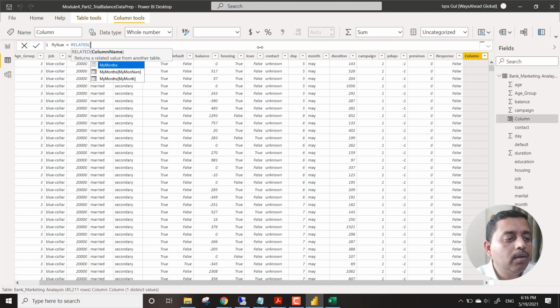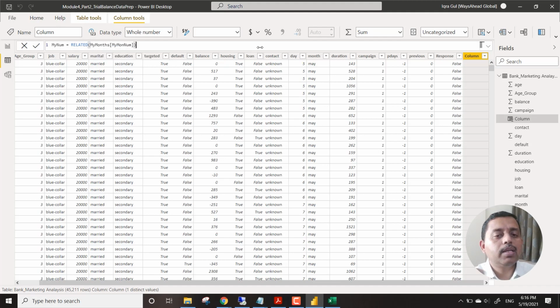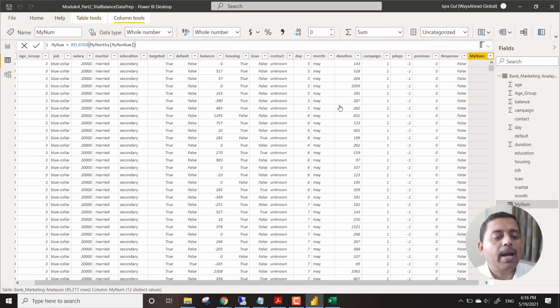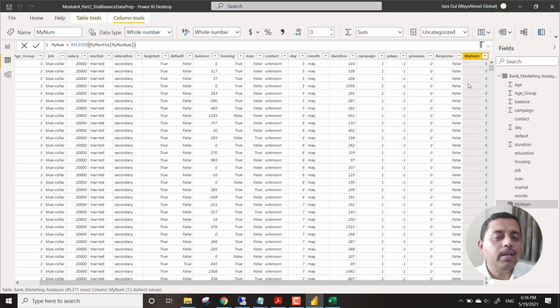So we say RELATED what? Related number. See, it automatically picks up because it has a connectivity to that particular column. We click and see that my num now has the numbers. So we have the day and we have the number also.